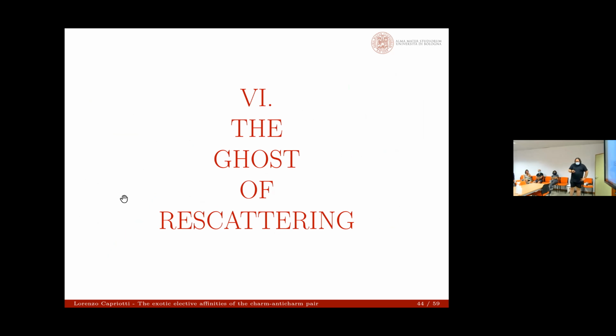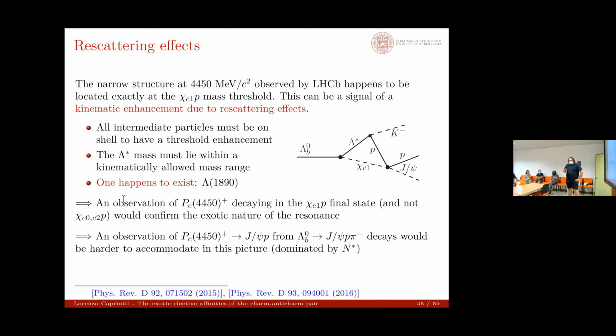But there's something else that needs to be checked, which is the rescattering, because you can actually have something like this. You can have a Lambda_b that decays into an excited Lambda star and a K_c1. Lambda star goes to the K and the proton, but the proton interacts again with the K_c1 and goes to a proton and J/psi. And this interaction can actually create an artificial peak, which is basically like a kinematic enhancement due to this effect. In order to have this, all intermediate particles must be on shell, and the Lambda star mass must lie within a kinematically allowed range. And we just happen to have one Lambda star exactly in this allowed mass range, which could produce this